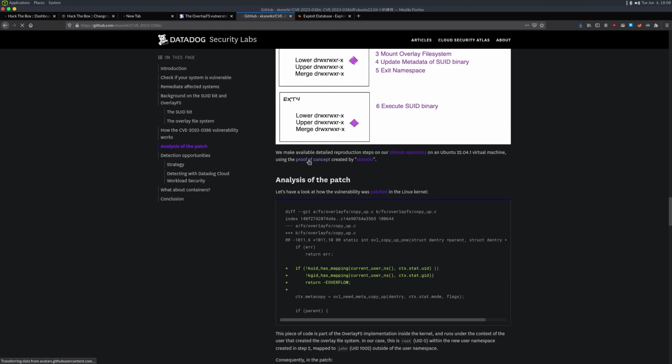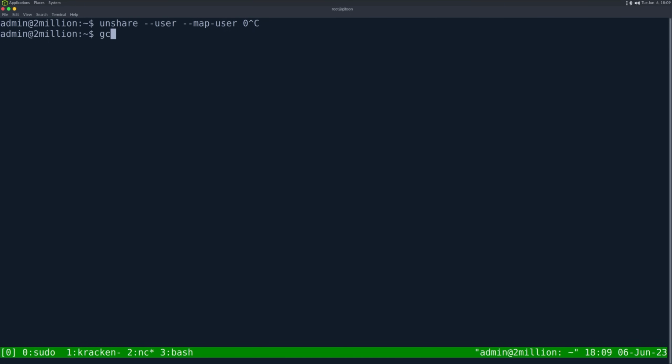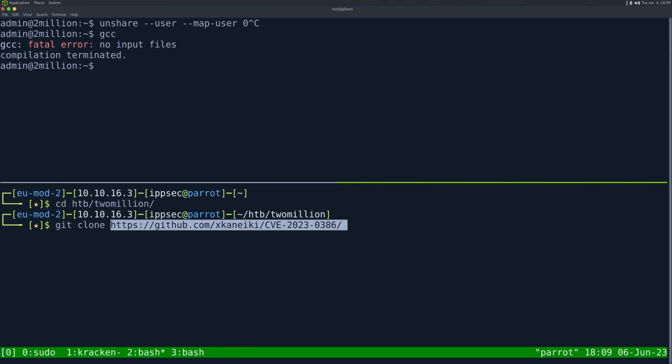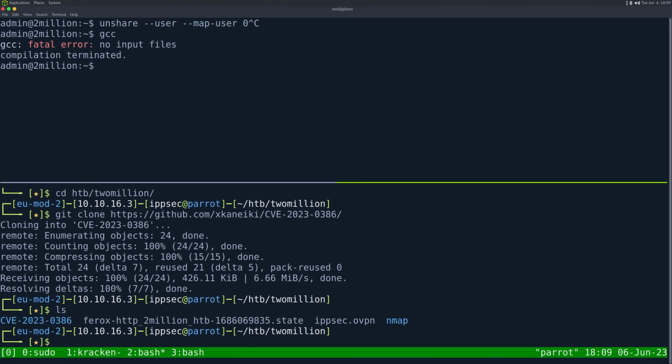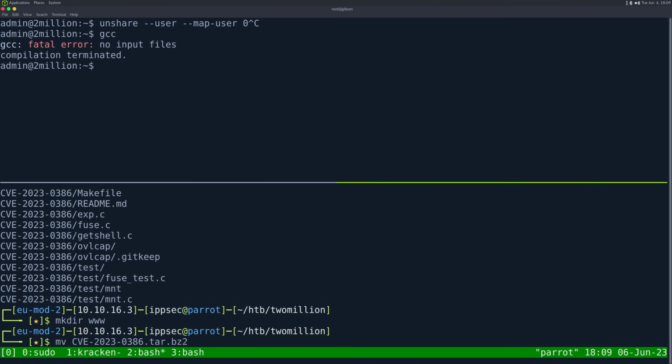Here's a proof of concept. This seems sketchy. Let's see, is GCC on this machine? It is. So let's download it. So HTB 2million, git clone, download this. And let's see, I'm going to tar cjvf cve.tar.bz2, make this, make dir dub, move this into dub,